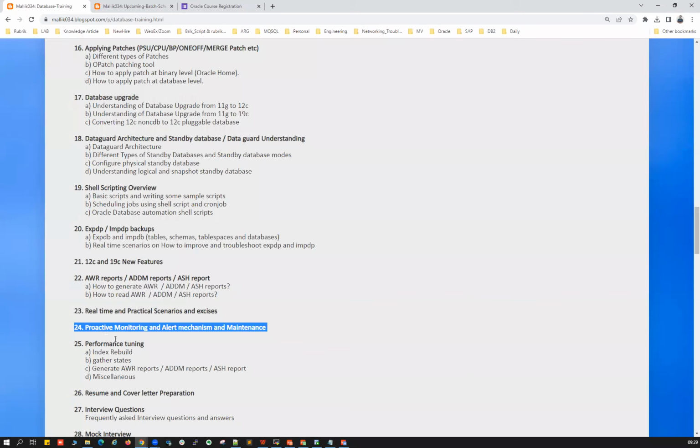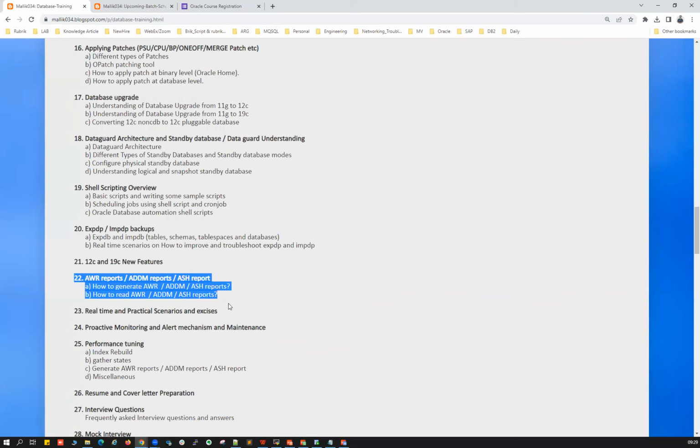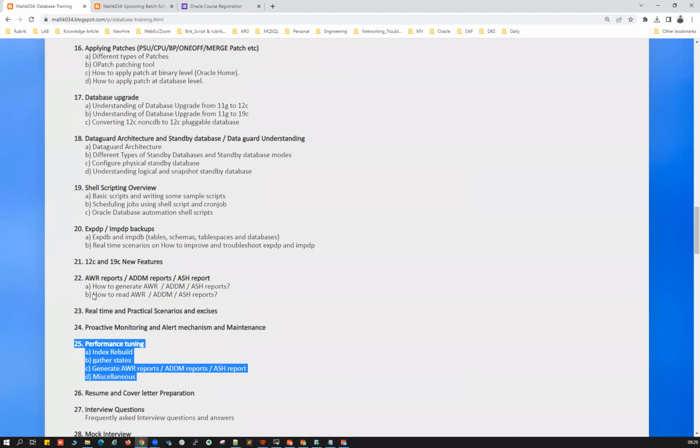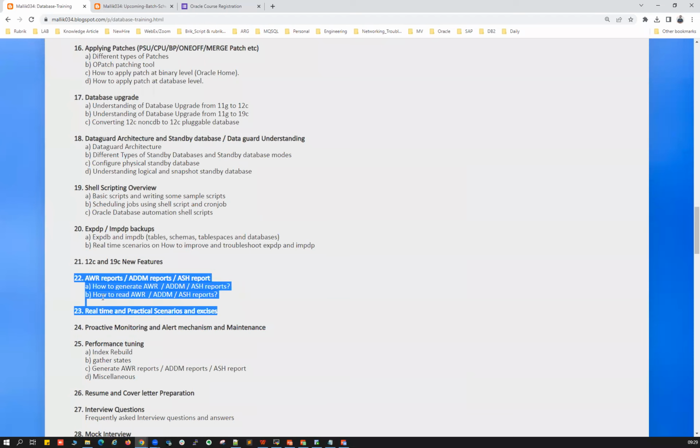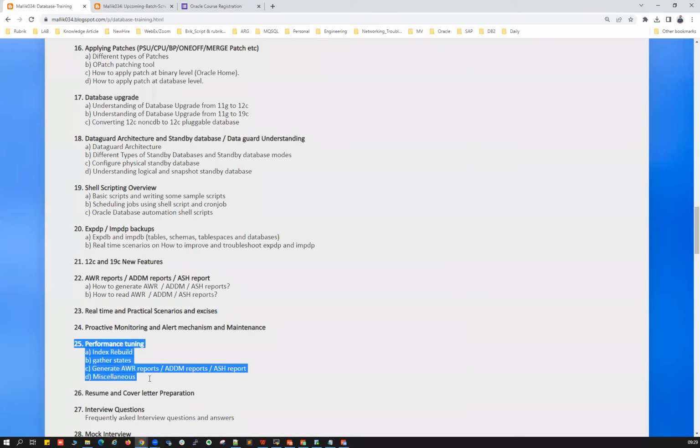And once you understand chapters 22 and 23, chapter number 25 is about what your recommendations are after analyzing these real-time examples: index rebuild, gather stats on the table and the schema level, table move, table shrink, table fragmentation, along with SQL profiling and SQL tuning, and so many other things.